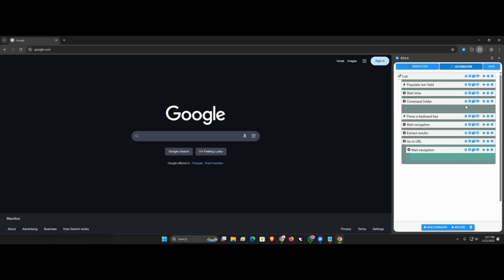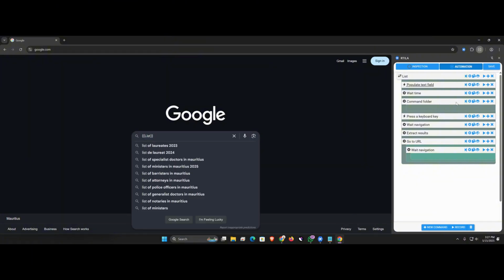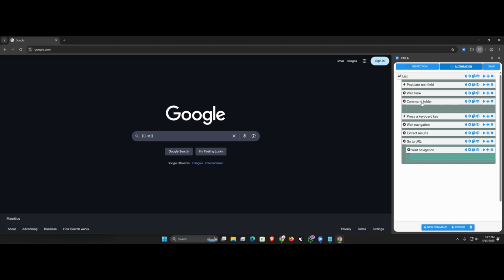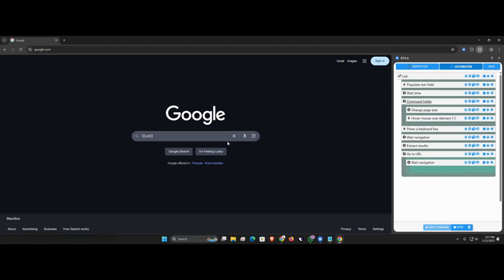What I'm gonna do is some funny movements. So let's say I populated something there. Then I'm going to simulate here in command folder. I'm going to use this start button, which is start recorder. So the recorder is going to record the moves that I do with my mouse. So if you pay attention, I'm going to click and do some moves around here and Google search, and then I stop the recording. So it created a number of